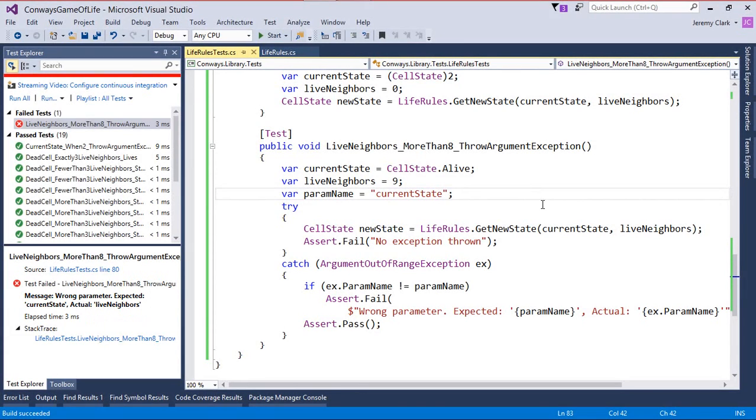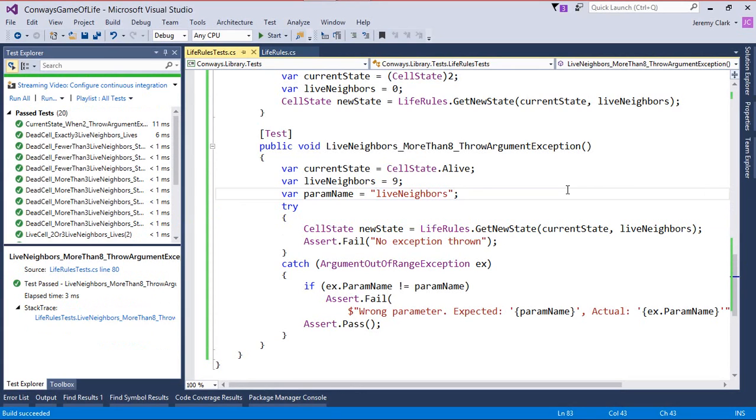So this tells us that this code path is actually working. So let's go ahead and change this back to live neighbors, which is what we want. We'll rebuild and rerun our tests, and we'll see that everything comes up green. So by using this method, we can actually get the exception itself inside of our test so we can start